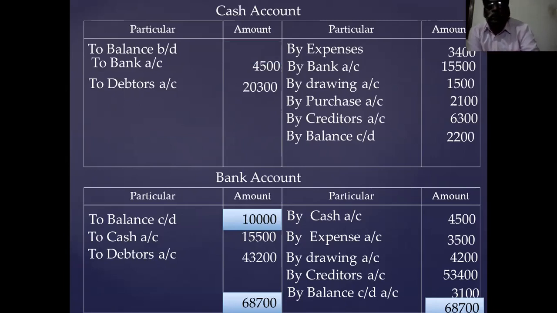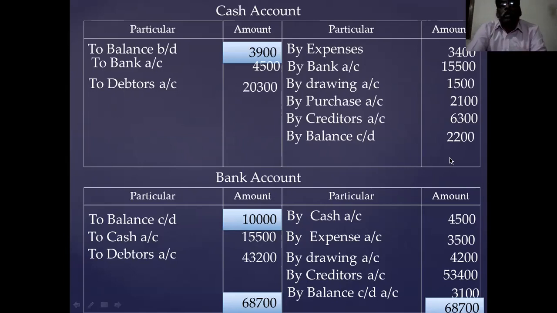13,900. Once again, you see here, I close the bank account. By closing the bank account, to balance brought down is there, and the difference I called to balance brought down, opening balance 10,000. Bank balance is 10,000. Total balance of cash and bank is 13,900. Therefore, 13,900 minus 10,000 is equal to 3,900, the cash account balance. Okay, cash balance is clear.